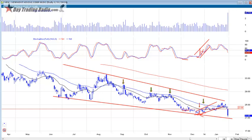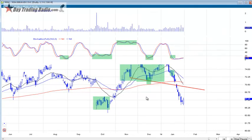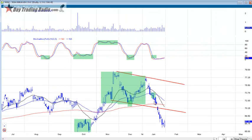And a regular HPS setup, let's take a look at Yum Brands for a second. Yum Brands has a nice breakdown here. It came down to a 1-2-3 pattern, and then I think some news came out from China, and it kind of just slammed the stock, and then it got caught with the downtrend in the market. The market was weak this whole week basically. We are definitely seeing an upside in Yum Brands today, but when we pull back, and we might see HPS